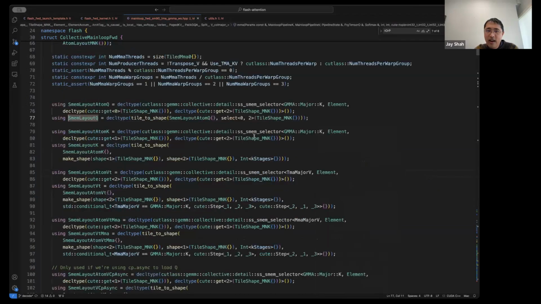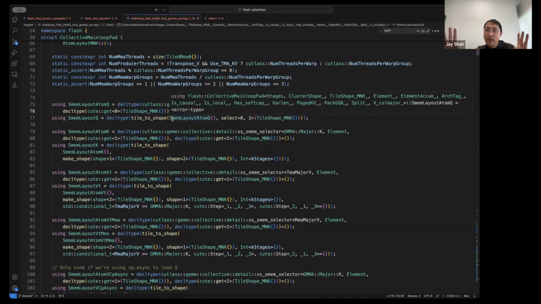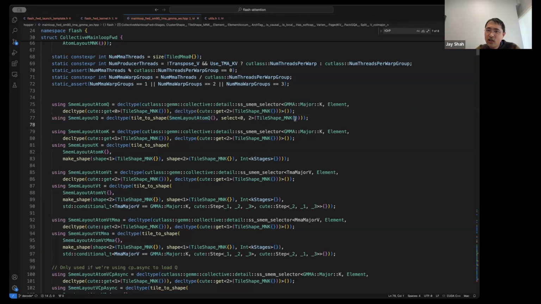If I go to where this is defined, you'll see how it's done. I construct the atom, which is the indivisible part of what I need to pass to WGMMA, using this helper function. Then I take that atom and replicate it over the desired shape, which is fetched using this tile shape MNK, which is K block M by K block N by K block K, or head size.